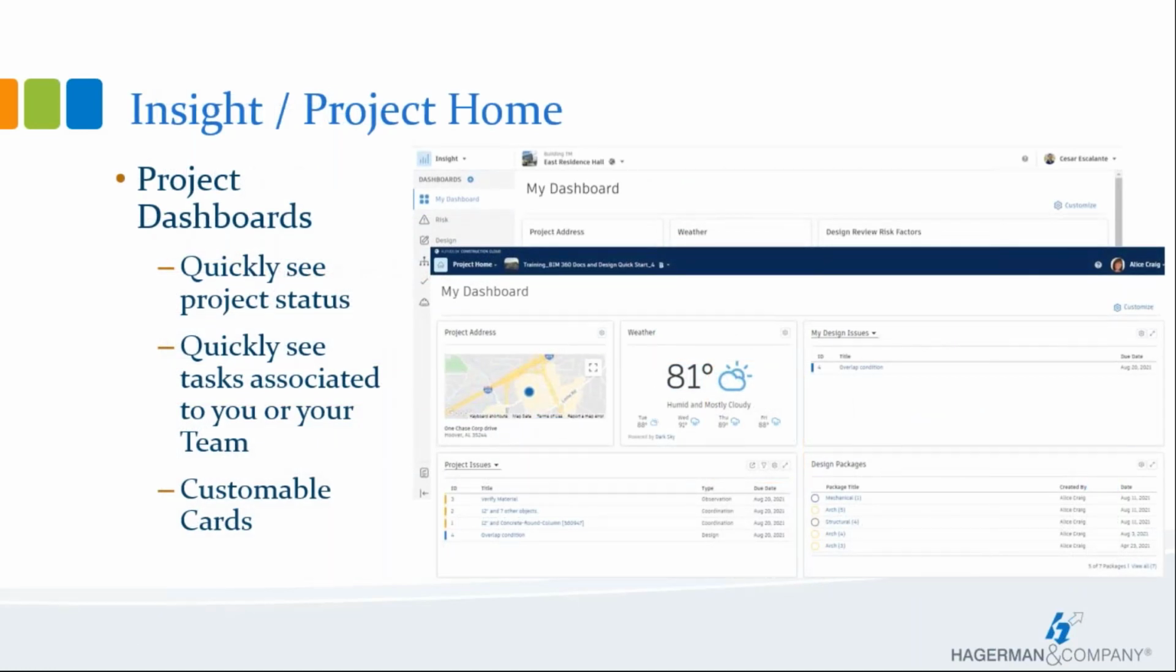So the Insight module in Autodesk Docs and the Project Home module in BIM 360 Docs are going to be your landing page when you select a project as a project member. The Project Home and Insight pages aggregate project data across the entire project, allowing you to quickly see what's going on in your project. You can customize this landing page to meet your needs, allowing you to quickly see any